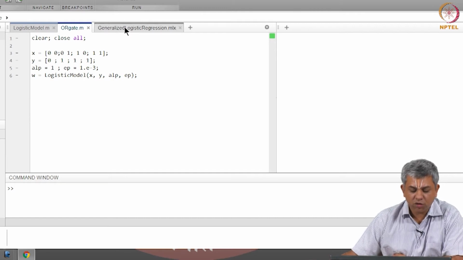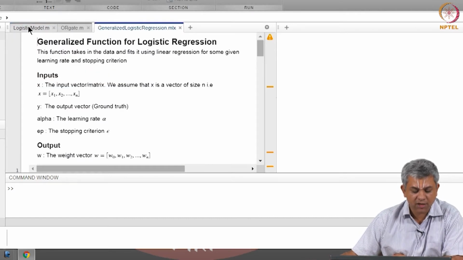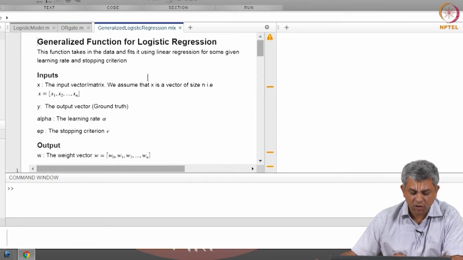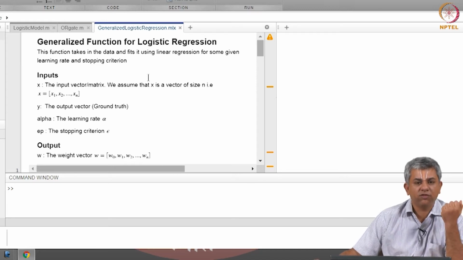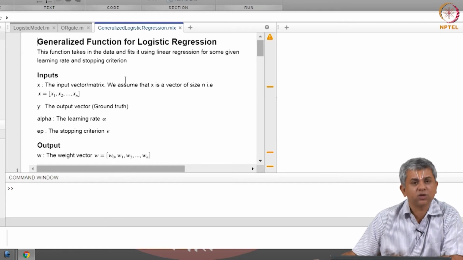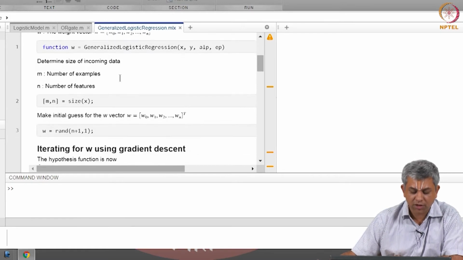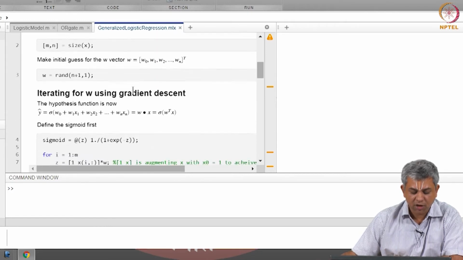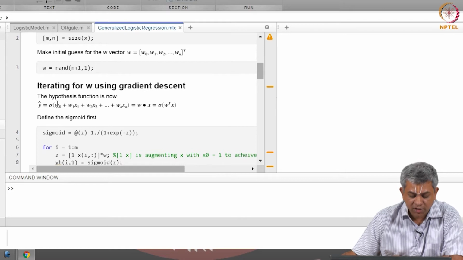Now, I will show you the code with the comments, but the one I will be running is the one without the comments. The general logistic regression code is there in the week 5 material on the NPTEL website, you can copy it from there. It is more or less identical to the linear regression code. It is remarkably identical, you will see this term is the same, this term is the same. The only place we start differing is here.